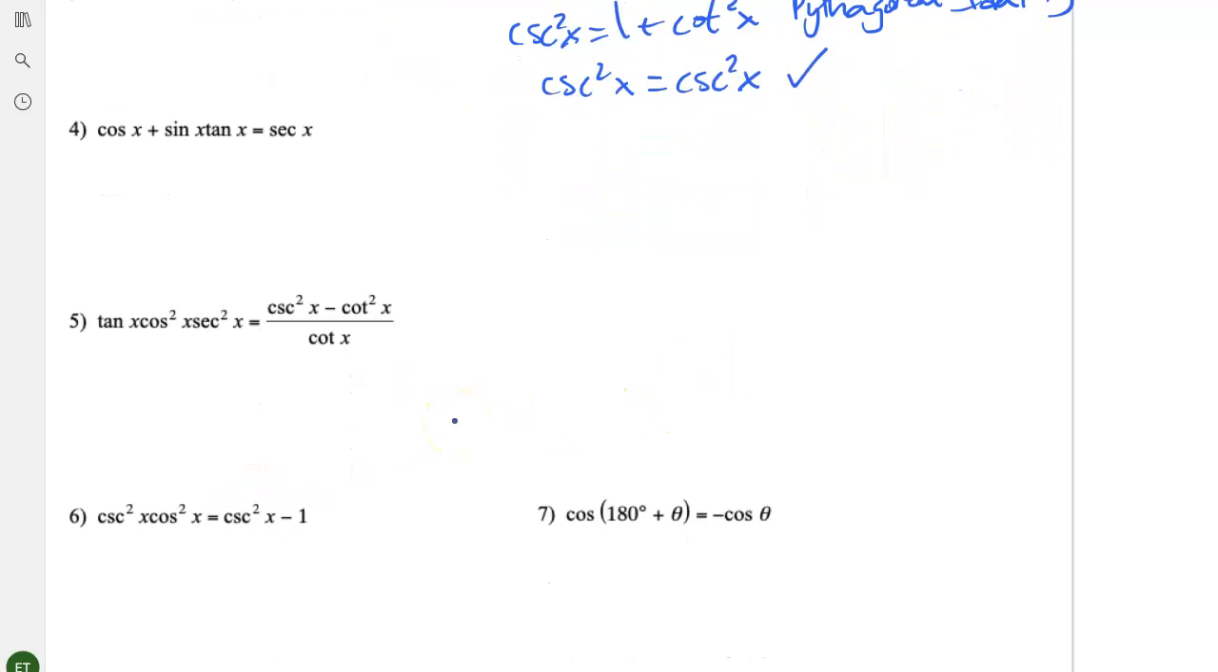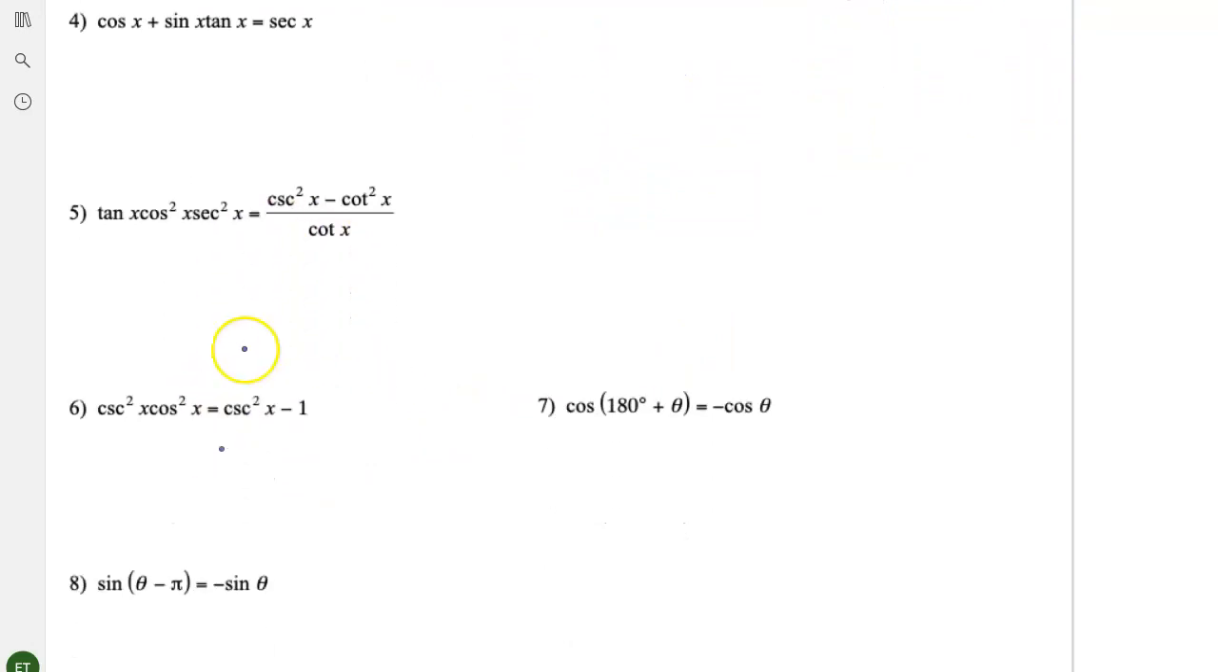How about number 5? This one looks kind of wild. So, let me think about this. Oh wait, cos squared x and secant squared x. Well, cos squared x, isn't secant squared x 1 over cos squared x? So these actually cancel out and just give you 1. So we just end up with tan x on the left side equals